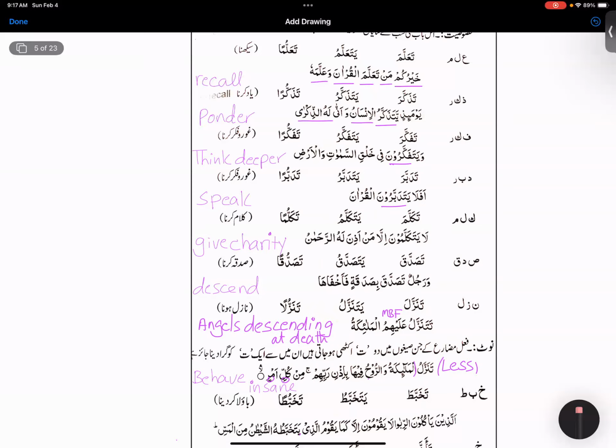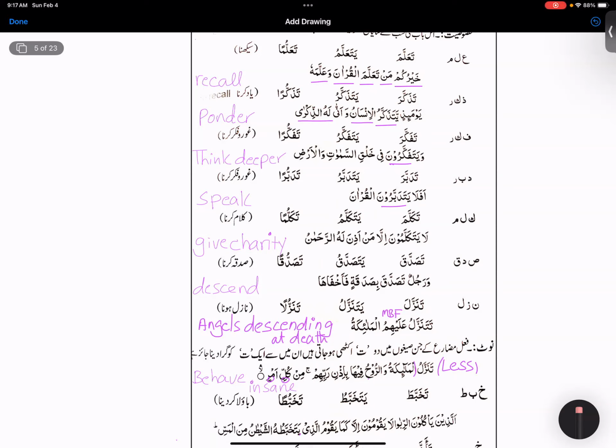Yeah. I think tasaddaqa is speaking truth. No, it is also used for charity. So when it comes to this family, it takes the meaning of charity. Yeah. In the other family, sadaqa means he spoke the truth. Okay, then we have